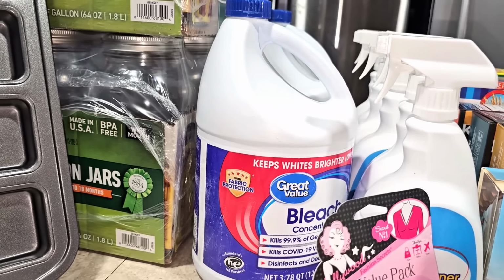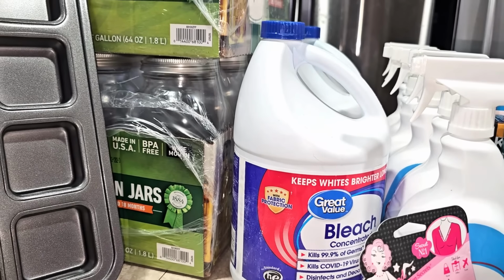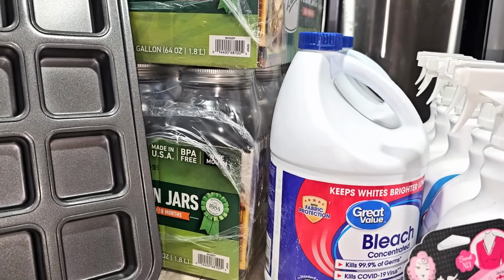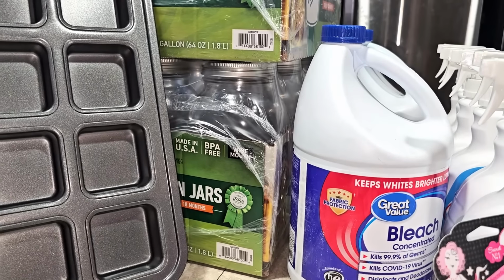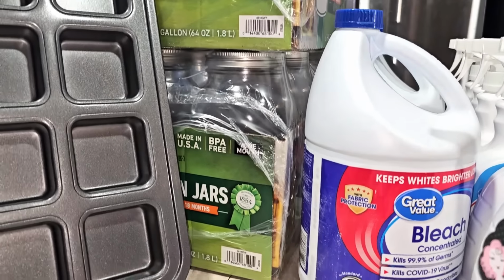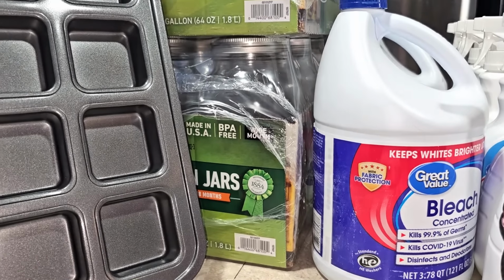You might remember when Azure Standard came out with their own brand of canning jars, I was pretty excited, but because the prices were a little bit more than what I was paying for the Ball jars, I've never tried them. But seeing somebody get those jars made me think about it, and I checked. And right now, the price on their case of half-gallon jars is less than the price on this Ball brand at Walmart. So had I realized, I would have ordered these from Azure Standard, but now it's going to be